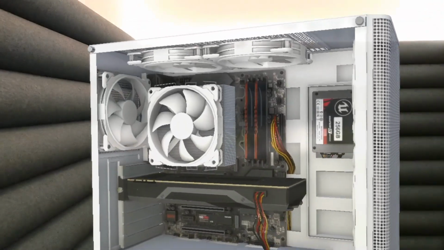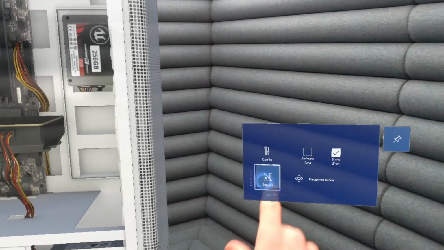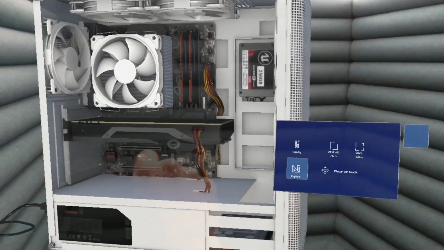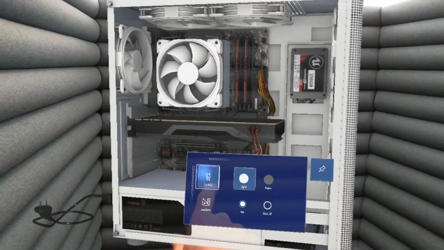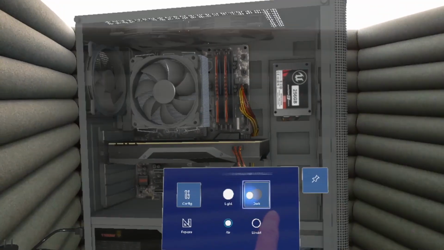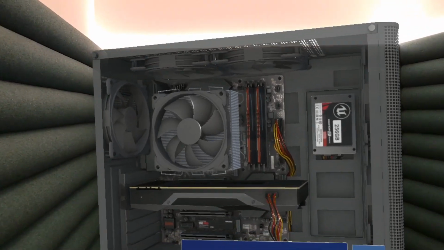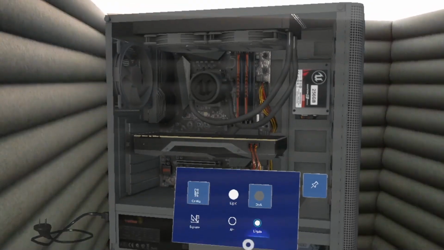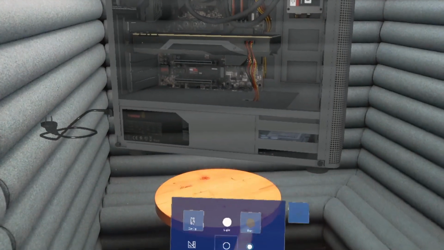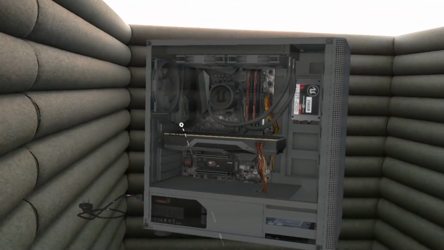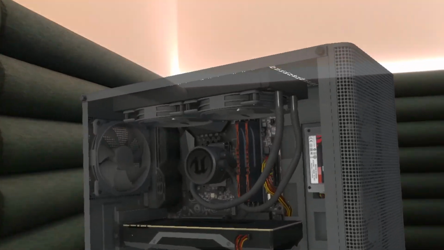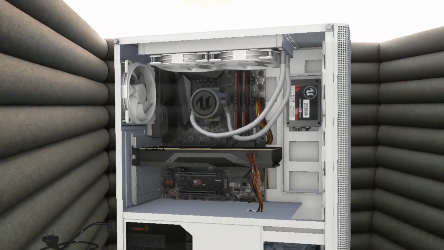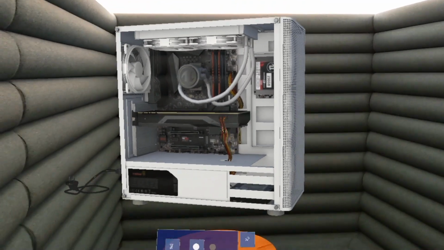So now we have everything running on HoloLens 2. I can select the Explore tab, hide the glass, and move our panel over so we can click on a few config options, change the PC to black, get a closer look at all the details, jump back, switch to liquid cooling, and then get another peek at what the liquid cooling config looks like, and jump back to our lighter color scheme.